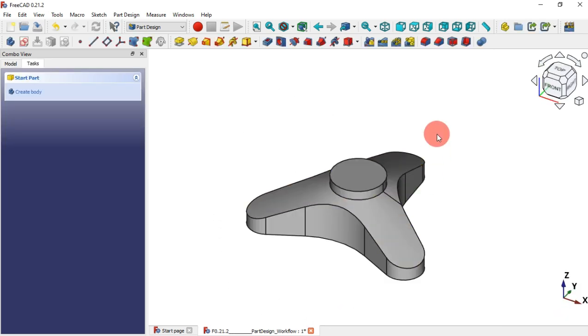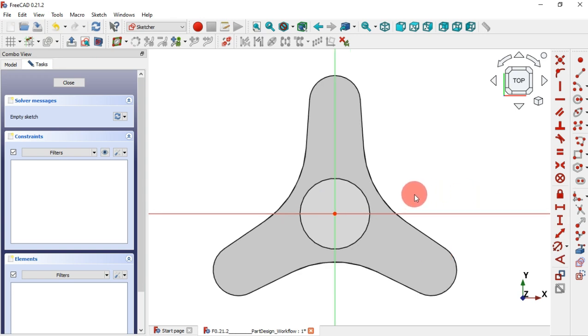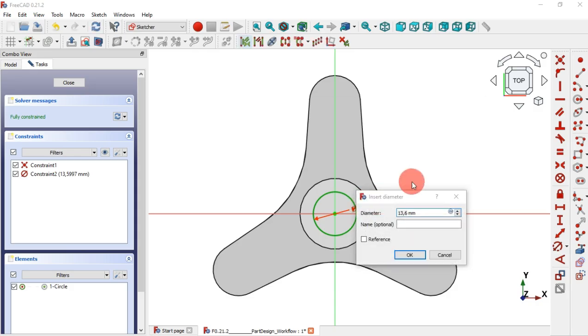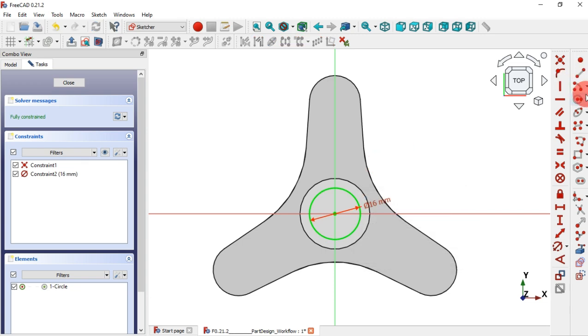Okay, now the next step is to create a hole here and also here in this face. Select this face and create a new sketch. First, select circle tool and draw a circle here in the origin point. Select constraint diameter, click on this circle, and the diameter must be 16 for this hole. Set 16 here, and next select circle tool again. Let's create a circle here, and also let's try to get the center point of this arc here. Let's select external geometry tool, just click here,